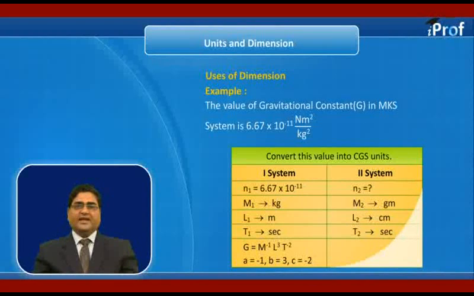First system, second system, N1 equal to 6.67 into 10 to the power minus 11, N2 is unknown. In first system, M1 is measured in kilogram, L1 in meter, T1 in second. In second system, M2 is measured in gram, L2 in centimeter and T2 in